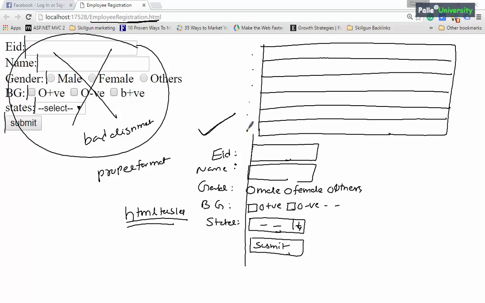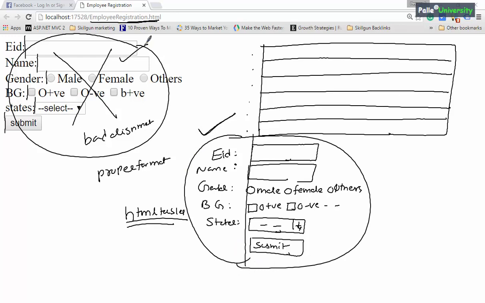Why am I creating a table with 6 rows? If you observe carefully this user interface, there are 6 lines. In the first line EID is present, second line name, third one gender, fourth line blood group, fifth line states, and then sixth line the button control. Since my user interface is present in 6 lines, I am creating 6 rows in the table.